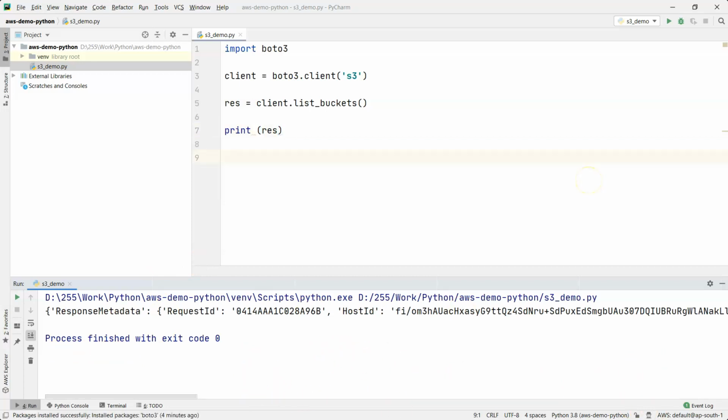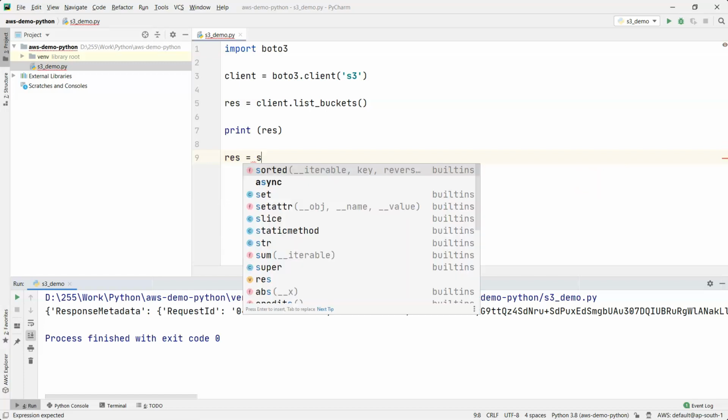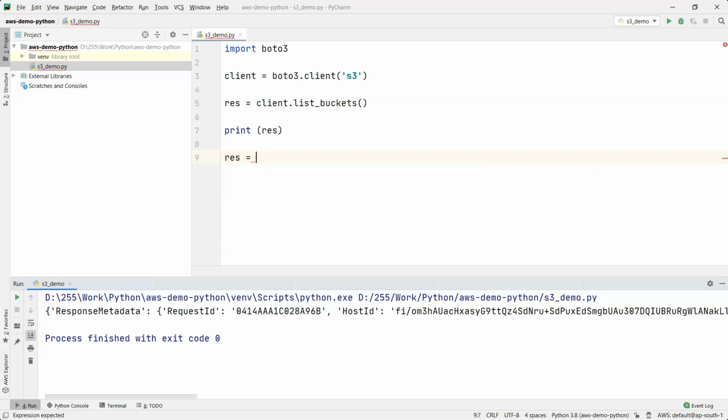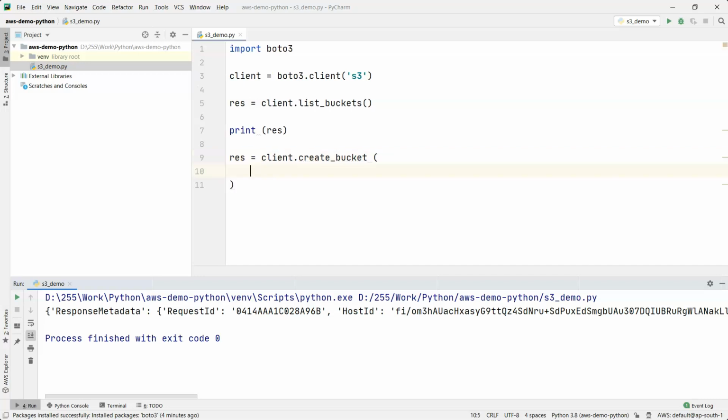Okay, let's add code for creating a bucket using this Python script. Again, I'm just storing the resultant object as a result, and my object created is client.create_bucket, and I need to pass the name of the bucket as well as the region.